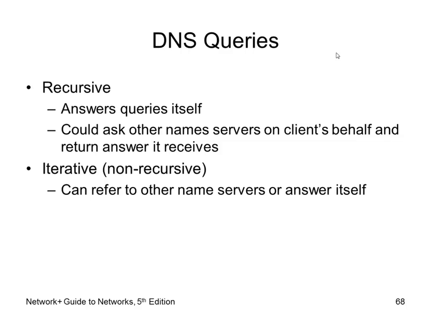Recursive. So what happens is I'm asking Terry for www.google.com. He goes out and finds the information. Then he's going to store it for a while. Then all the rest of you ask Terry for www.google.com. Guess what? He's like, got it right here. So he already knows it. He's cached the information. He can return it to you instantly.